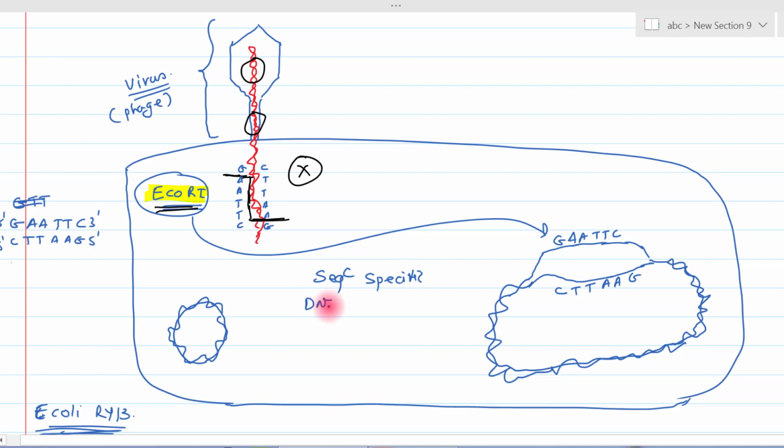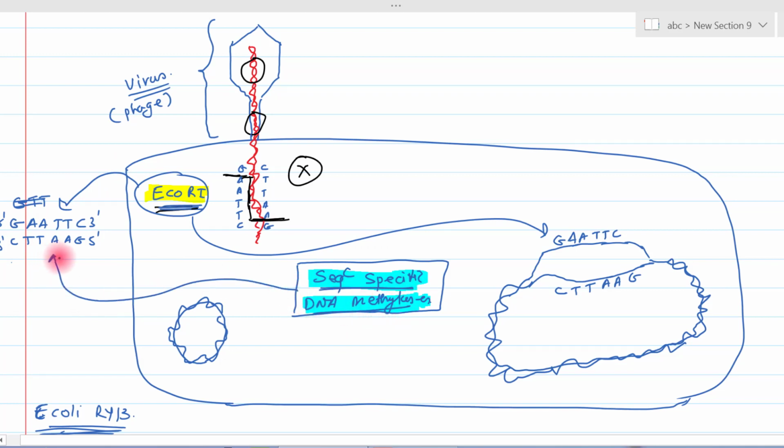DNA methylases. So this enzyme, sequence specific DNA methylase, what it will do, there are so many DNA methylases in different kinds of bacteria. But as EcoR1 is identifying only this site, this particular sequence specific DNA methylase will also identify this sequence only. This is the particular sequence for the sequence specific DNA methylase. Okay, so what it will do, it will identify this restriction site, and it will do methylation of this site.